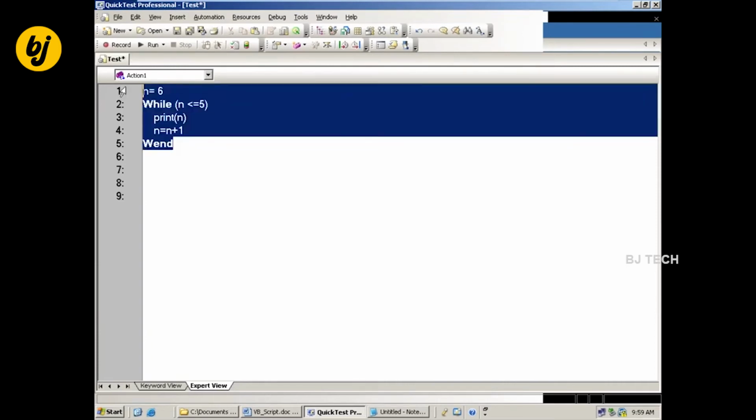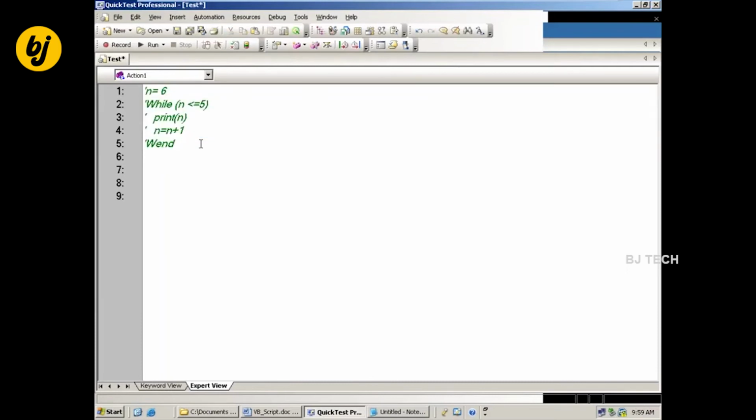Now, irrespective of whether the expression is true or false, I want to execute the first block of statements, and only then check the condition. So for that, what do we do? Print of n. n equal to n plus 1.